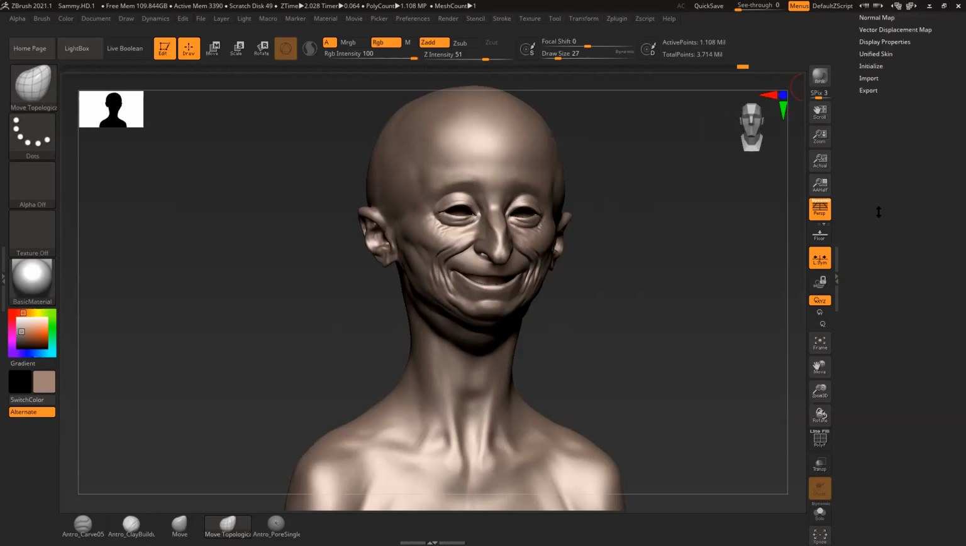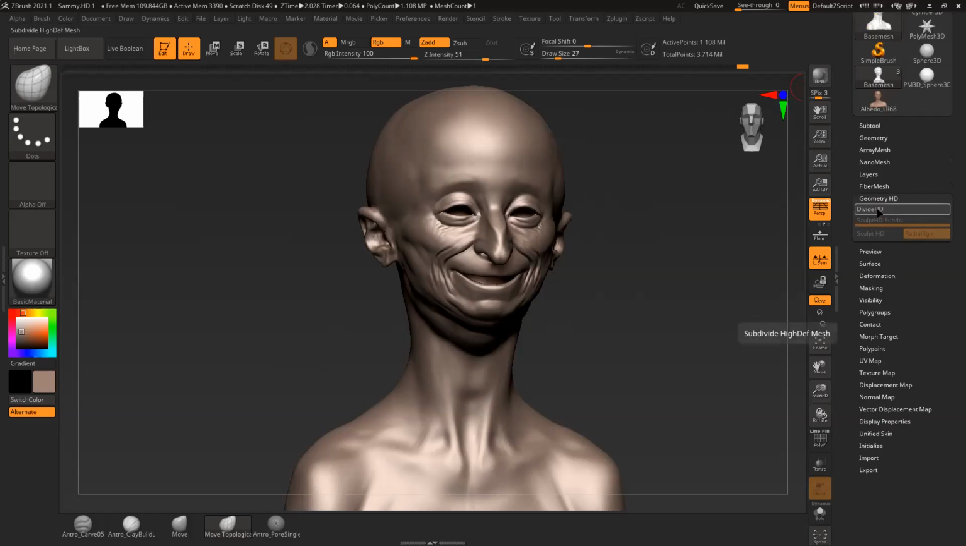So we go to Geometry HD, I'm gonna click Divide HD. So you see I have 7 million polygons now. Then divide again, 20 million polygons, which minus 2.6 million polygons, right? I'm around like 17 million polygons right now. I'm gonna subdivide it again. I got to 73 million polygons and 572